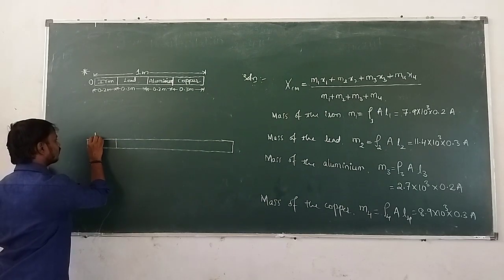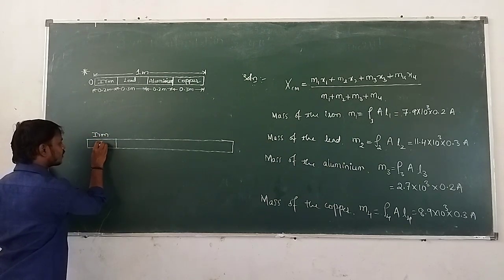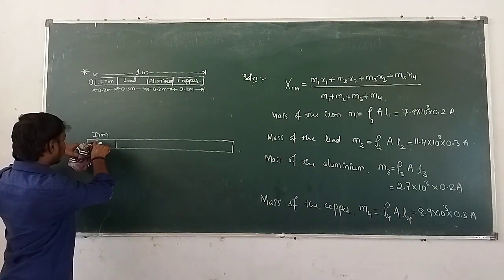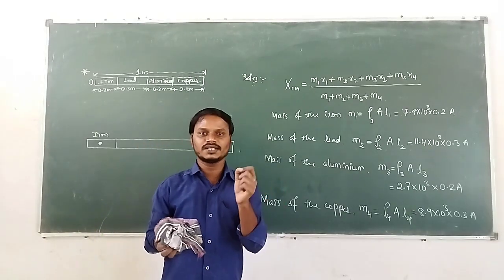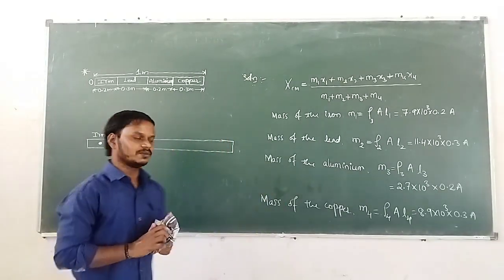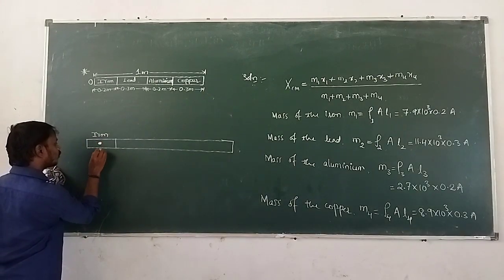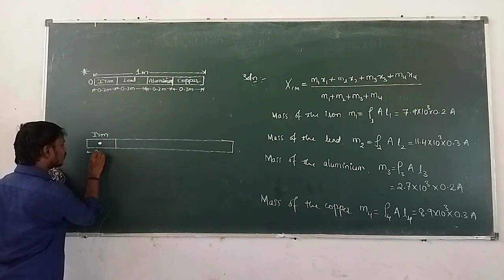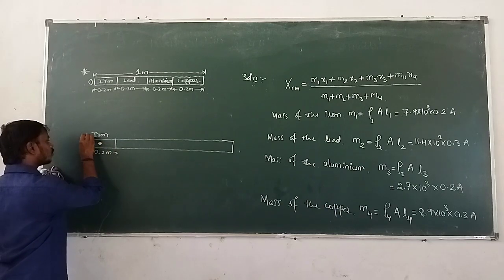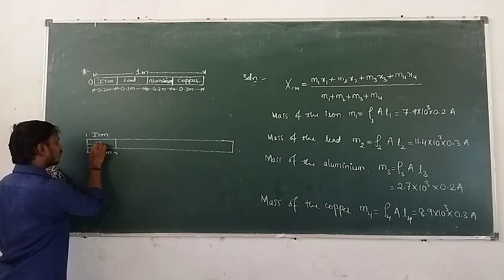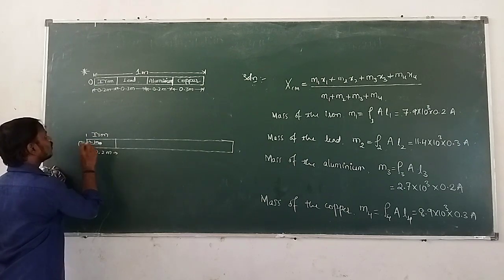I will take it is iron. Then where its entire mass is located? Exactly at midpoint, because this rod is uniform. If the substance is uniform, then its total mass is located exactly at the midpoint. So the total mass of this iron is exactly at midpoint. The length of the iron is how much? 0.2 meter given. But the total mass of this iron from the end O is at what distance? It is at 0.1 meter.